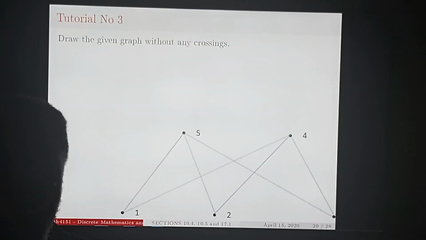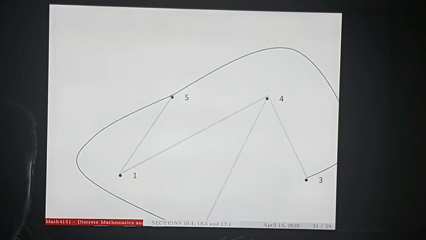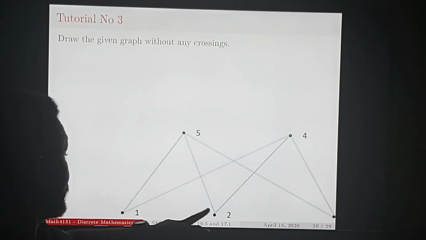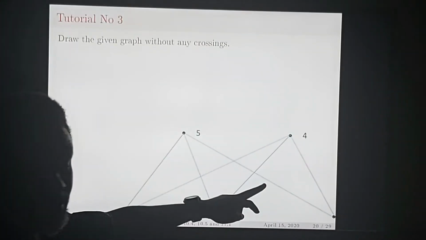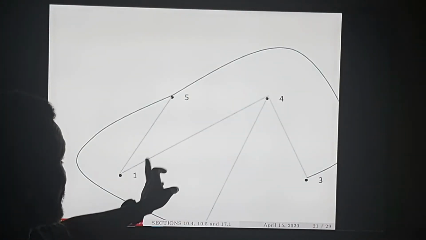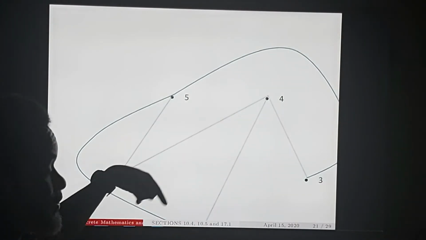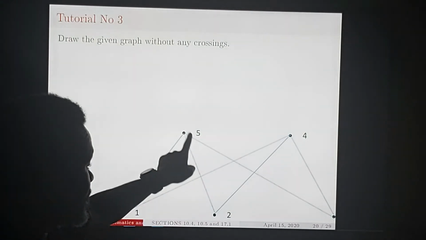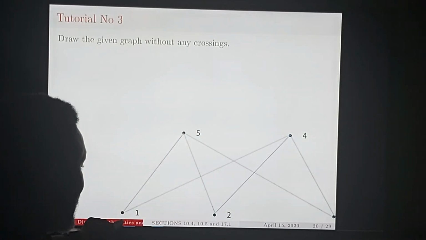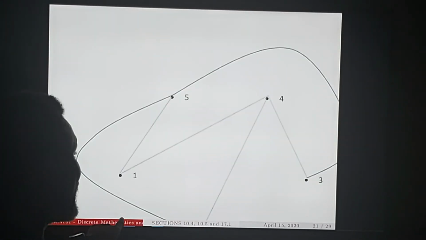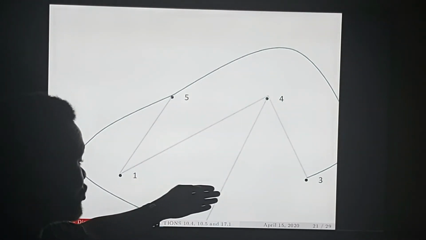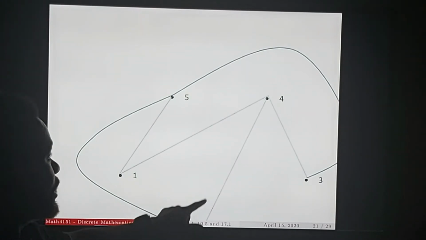One simple way, which is what I want to describe so that I make sure my video ends very quickly, is I maintain 1, 5, 4, and 3, and then you take 2 outside. If I take it outside, I will take it like that, and I'll take it somewhere here. So in my graph, what I have is the same vertices 1, 5, 4, 3, but then 2, I pull it out. 2 was here, I push it so that I can go around.